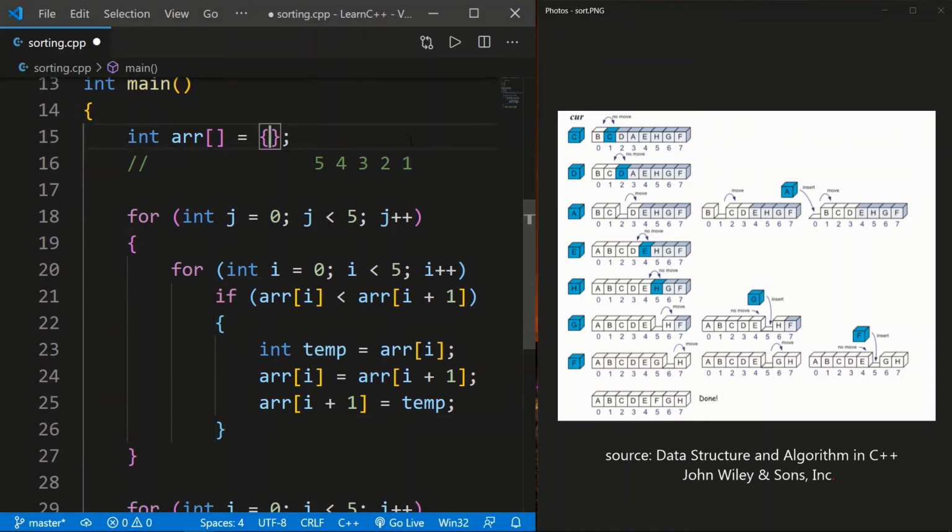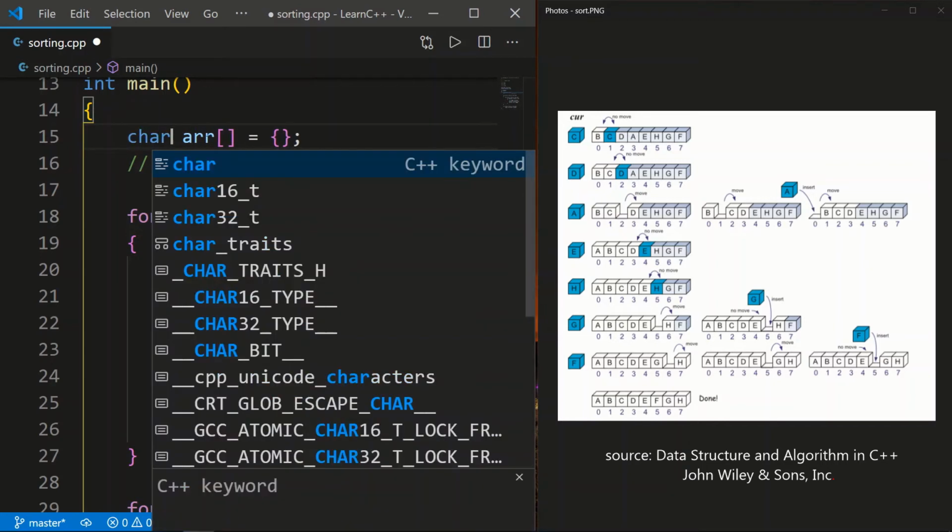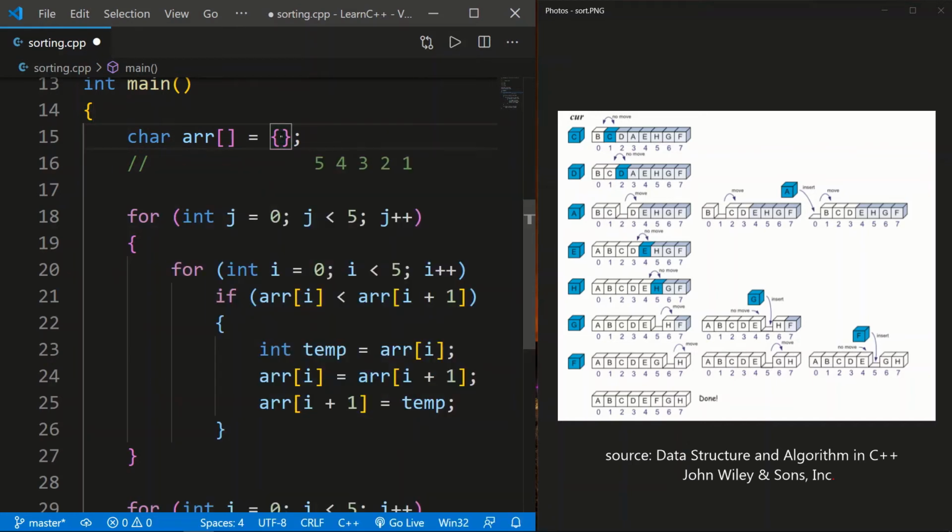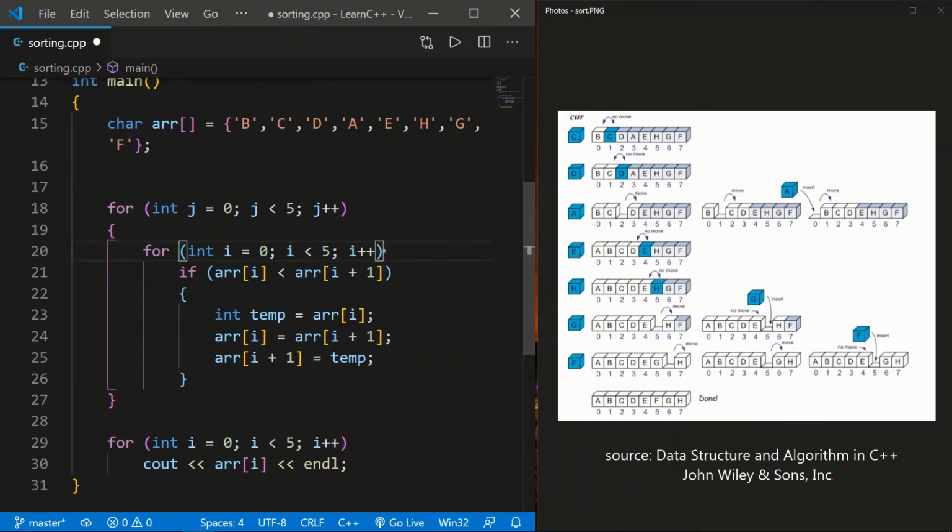First it was B. It is of type character, so we need to write char, and here we'll just put it inside this. We'll add B, and the second one is C. I'll just write it first. So now you can see that we wrote all the characters inside this array. You can see it's the same as this first line.